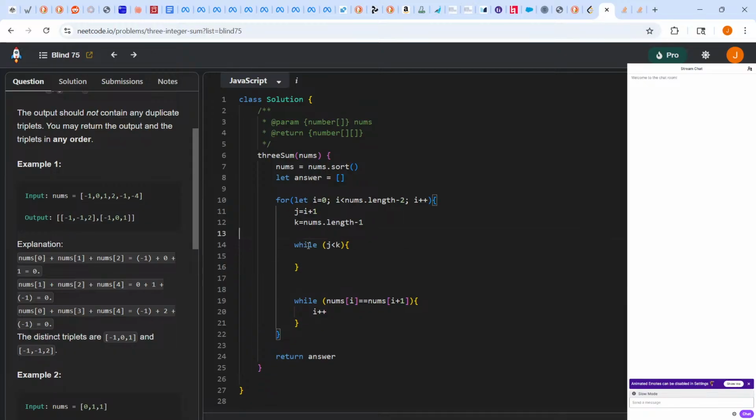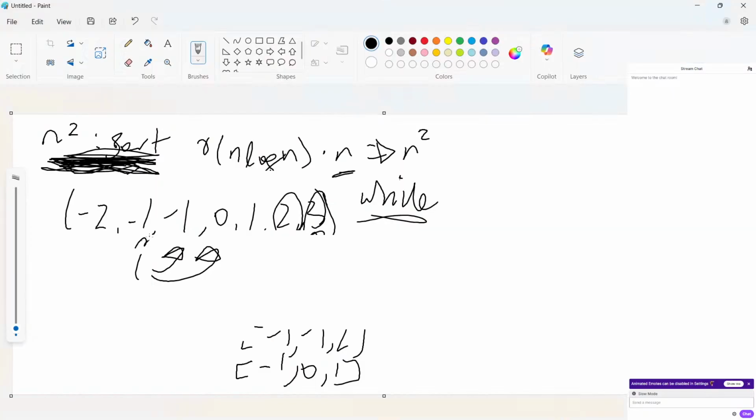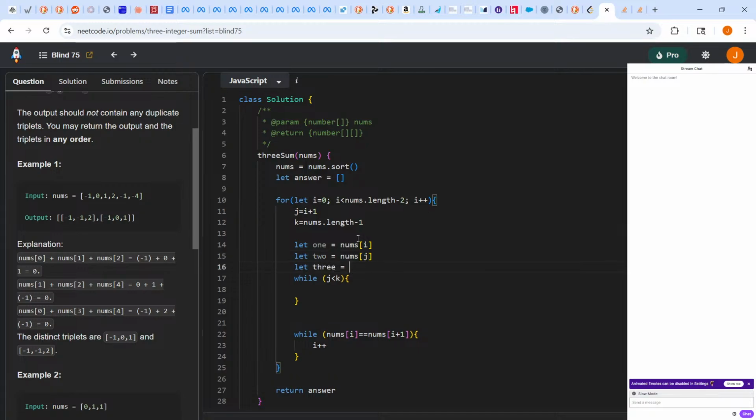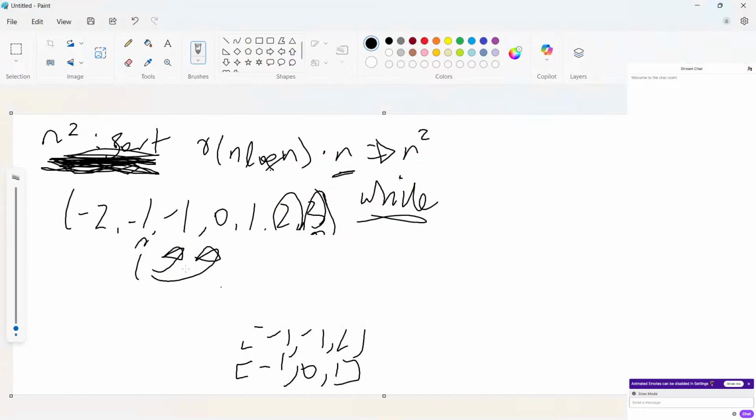So we have while j is less than k, like let's look at some of what we were saying. j starts as I plus 1, like nums I plus 1. K is nums length. And then same as the last one, I want to have our 1, 2, and 3 counts just so that I know our positions or the values. So let 1 equal nums at I, let 2 equal nums at j, and let 3 equal nums at k. Okay, so while j is less than k,